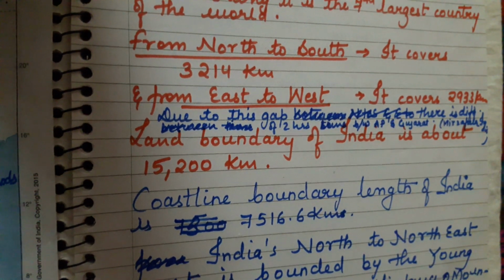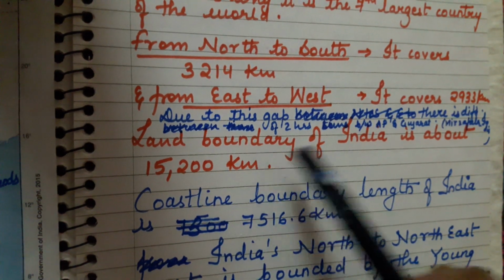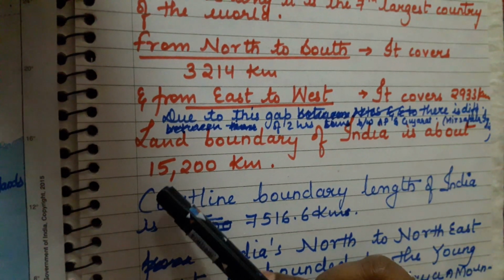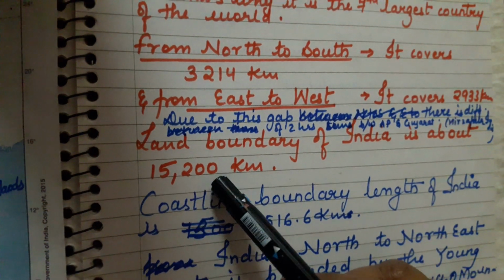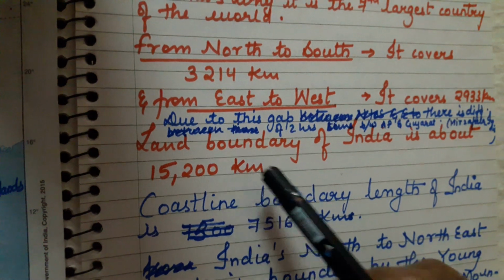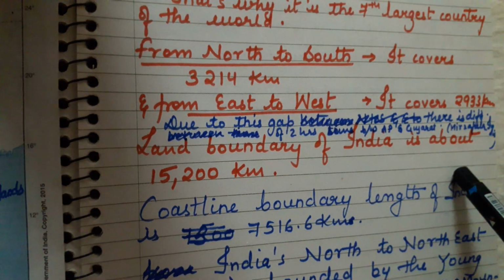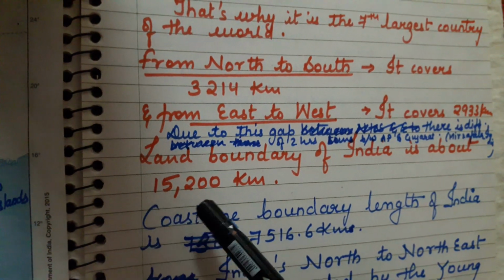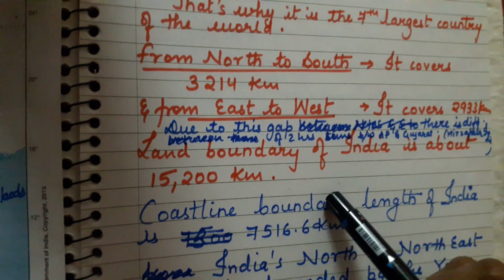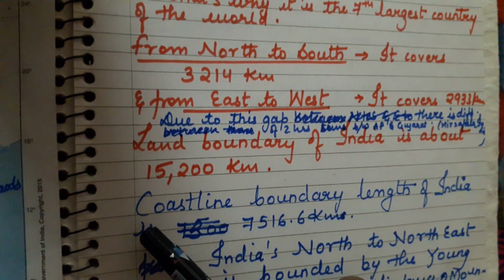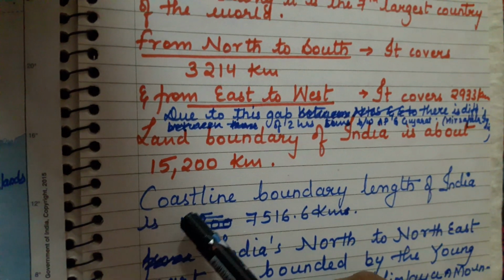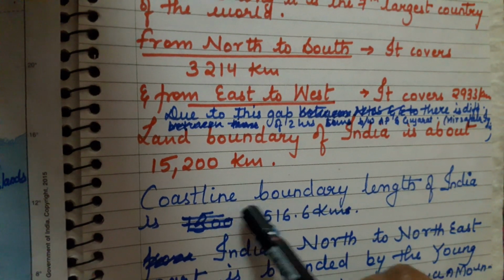Okay. Now, the land boundary of India is about 15,200 kilometers. This is the total land boundary of India. And whenever we talk about the coastlines, the coastline boundary